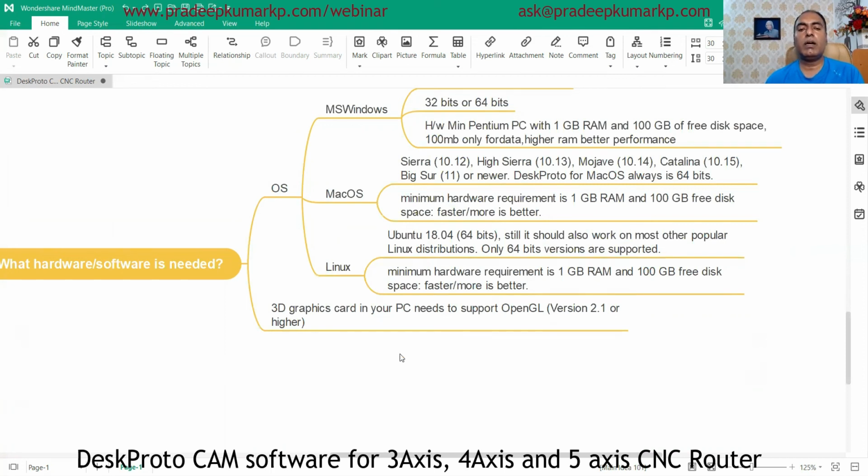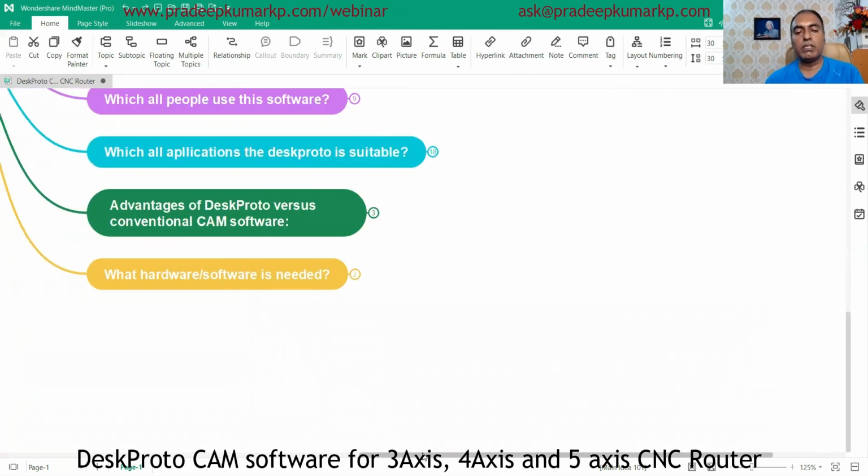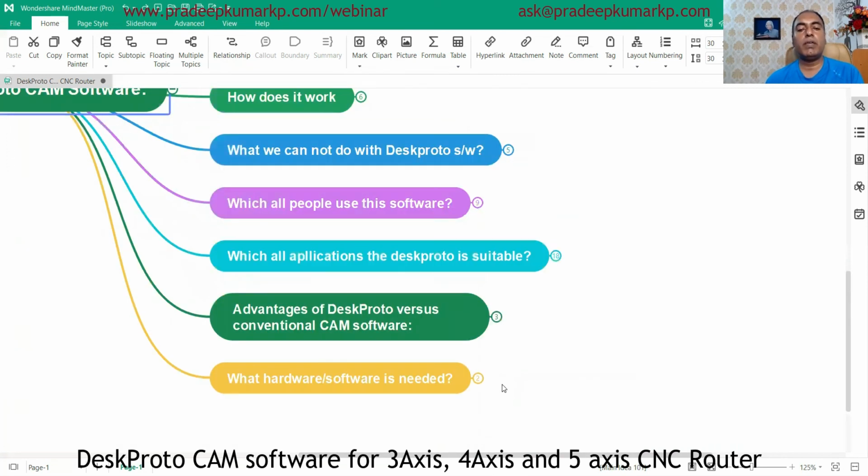And as this is graphics software, you must have a 3D graphics card in your PC, and it should support OpenGL version 2.1 or more. You can go for higher RAM for the graphics card also. So this is all about the desktop software for the time being.